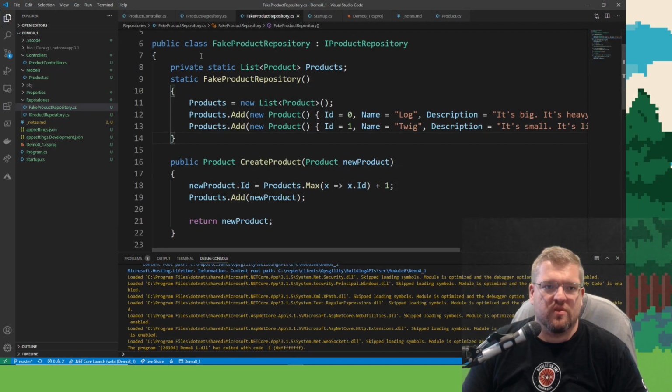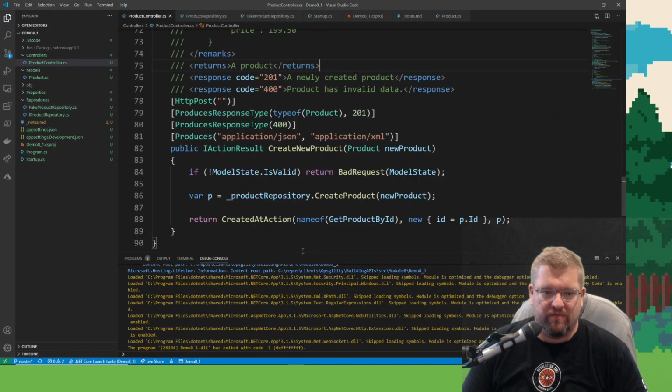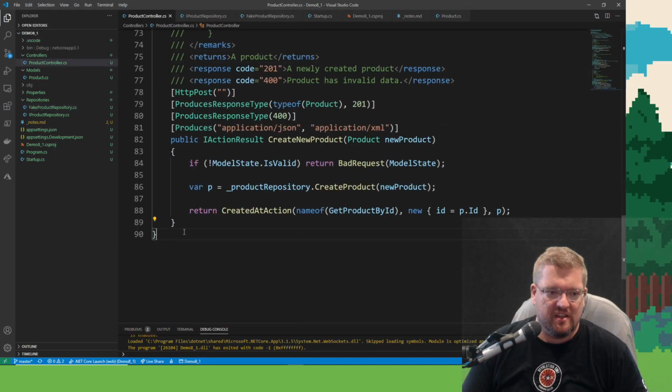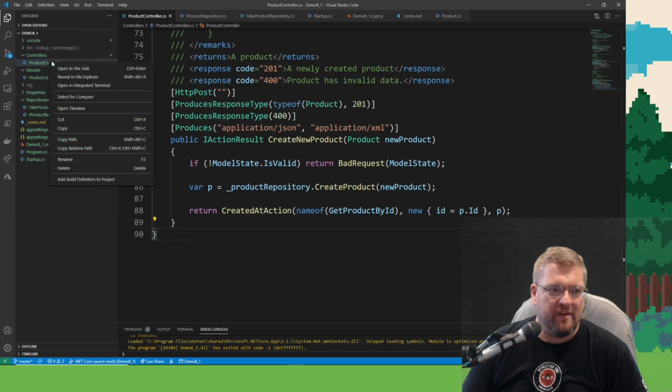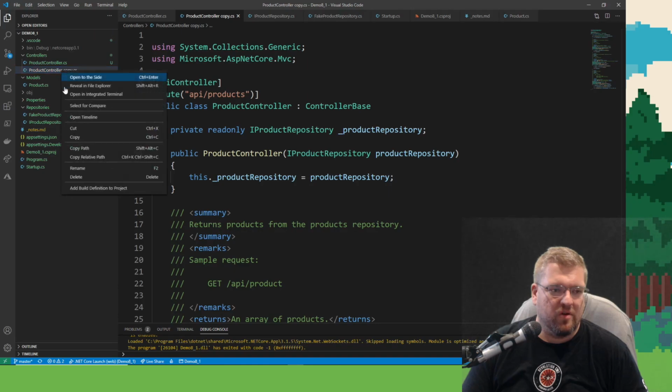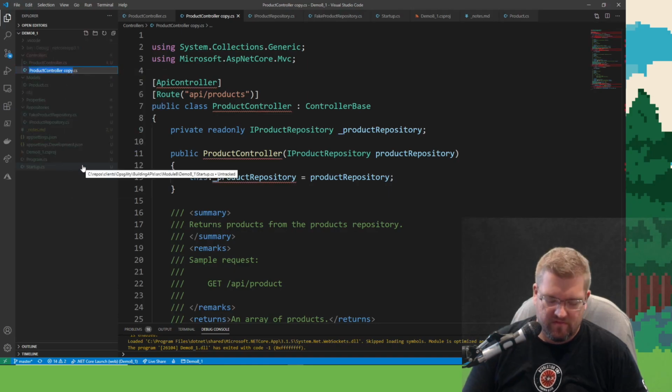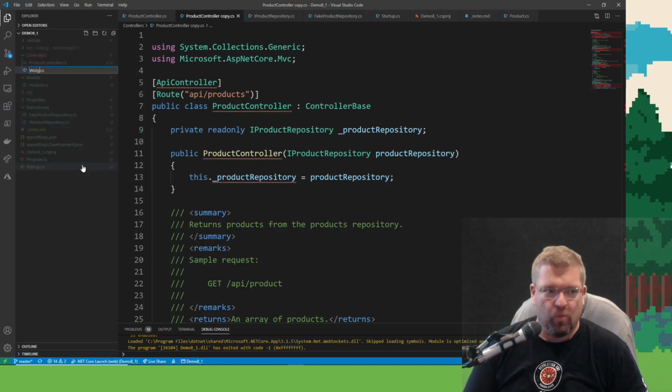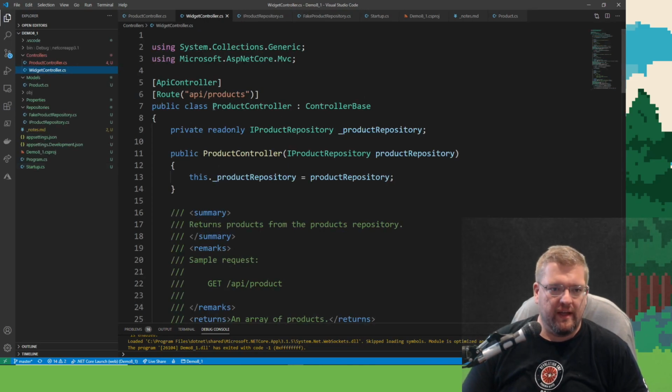Let's do this real fast just for funsies. I'm going to make a copy of product controller, and we're going to call this Widget Controller.